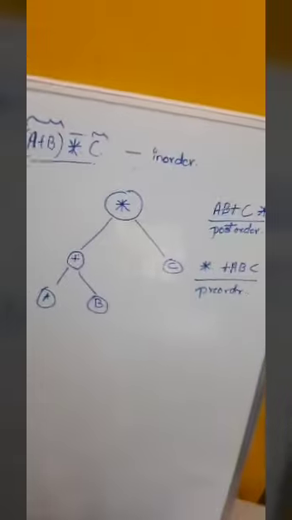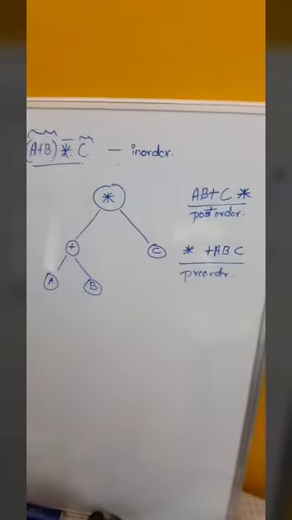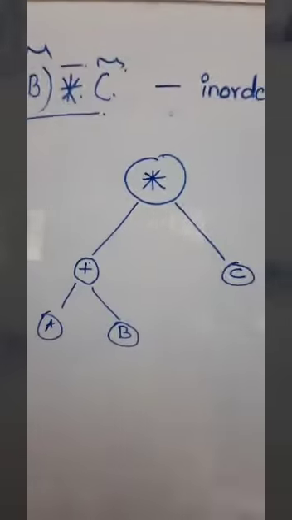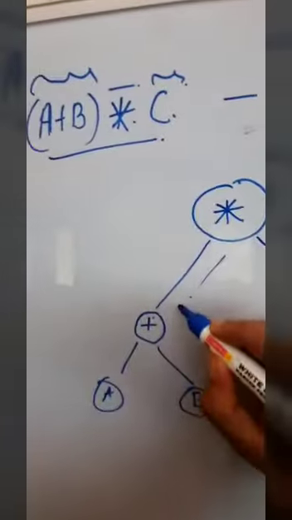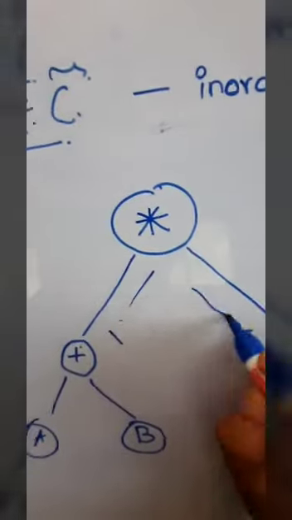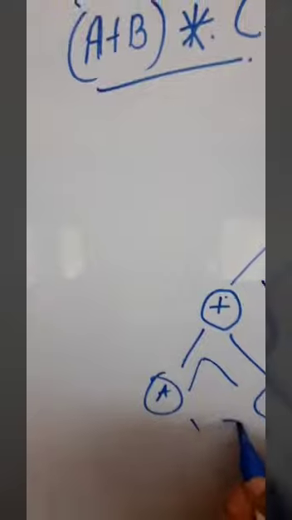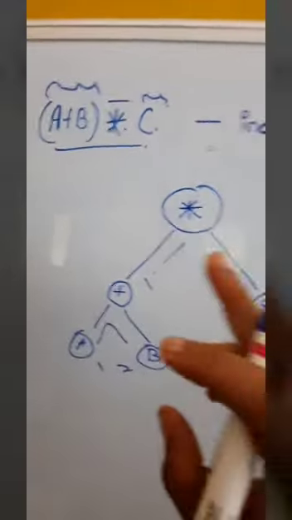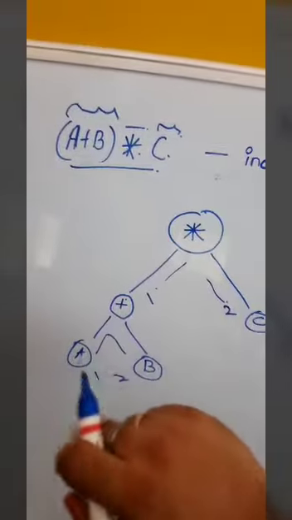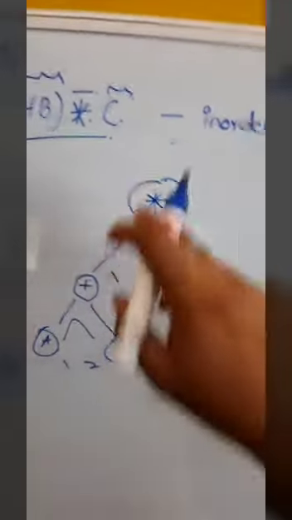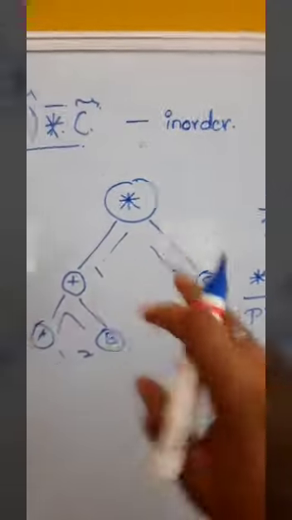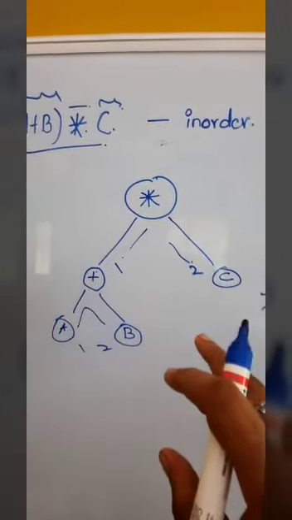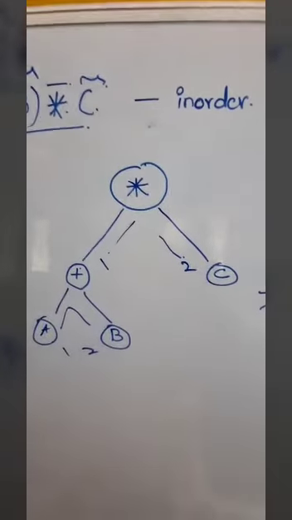I hope your confusion over here is cleared. Most probably we are going to use the same method. The left node is considered first, then the right node is traversed second. There is one condition: all the left nodes, whatever nodes are there, must be traversed first, and then we go to the right side. So this is the traversal of your binary tree in the in-order, post-order and pre-order formats.